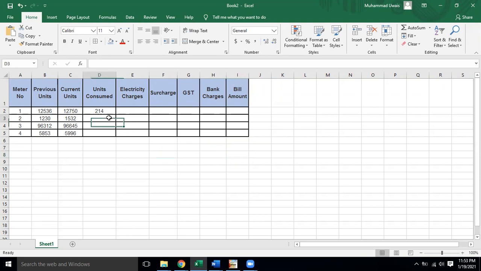And then at the end we come to know our net bill, the total bill amount. So how can we calculate the units consumed? You can see the formula that I typed over here: current reading minus previous reading, but I did not type the readings, I typed their addresses. When I press enter, I can see the units consumed. When I drag it, I will be able to calculate for all the customers.